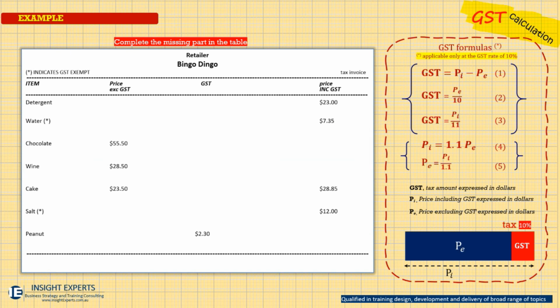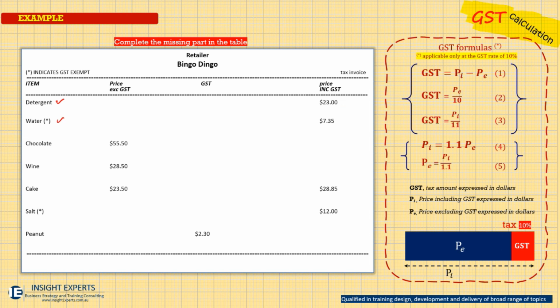Okay, let's go through the last example before we move on to the next section. So in this example, you will have the opportunity to practice the GST calculations in different scenarios. So we have a list of items on the left-hand side, and the question is to fill up the missing part in the table. Now, for example, if I go through the detergent, which is item number 1,